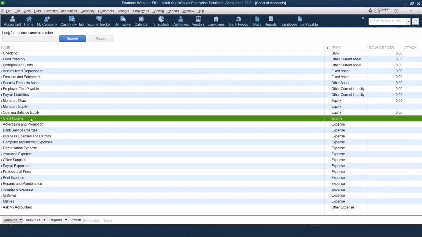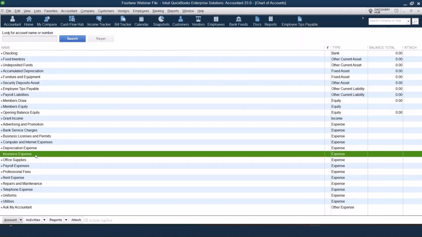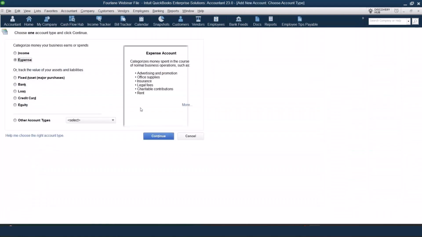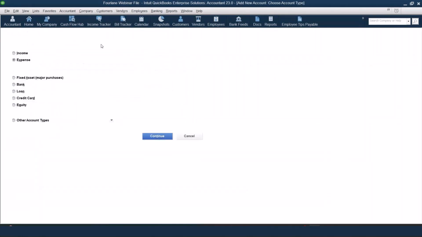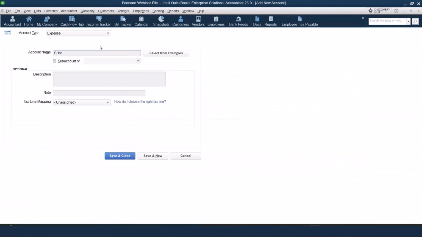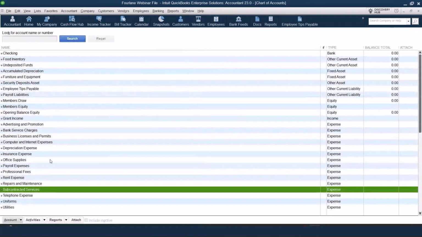So I've got my grant income account set up. I've also got some additional expense accounts set up as well. And I'm going to add one more here. Okay, so I've also got, in case your nonprofit needs to do fund tracking, so basically tracking my profit and